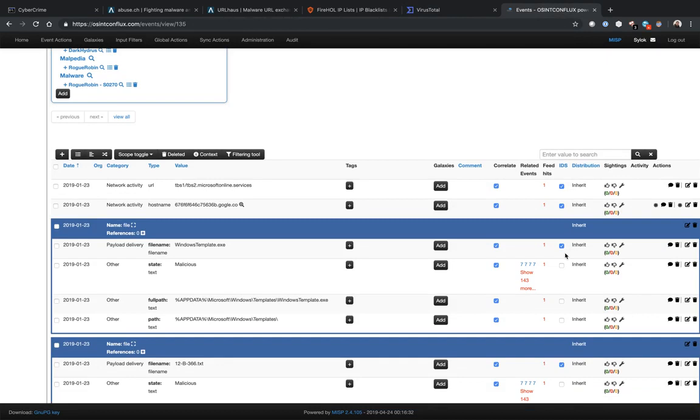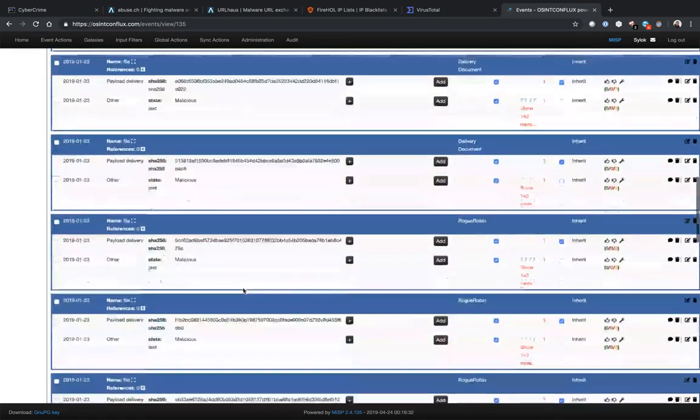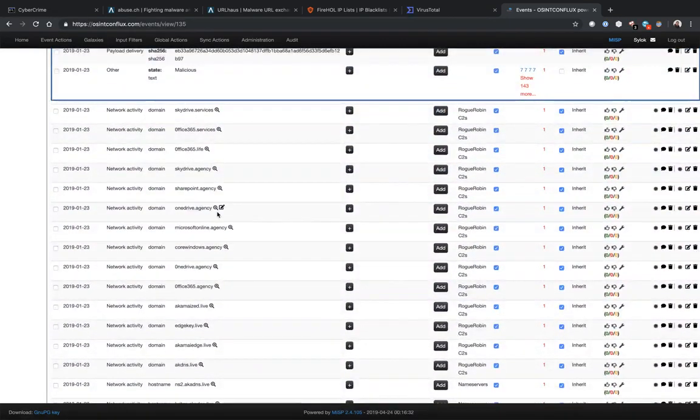So if a lot of people are looking at the event, or if you have, you can feed sightings back in from your infrastructure. So if you see an IPS hit or some type of security event related to OneDrive.agency, something in your environment blocked it, it can send a sighting event and say either for this event or for the entire MISP instance, for every event that has OneDrive.agency, add a sighting. So then when you go to look at sightings,